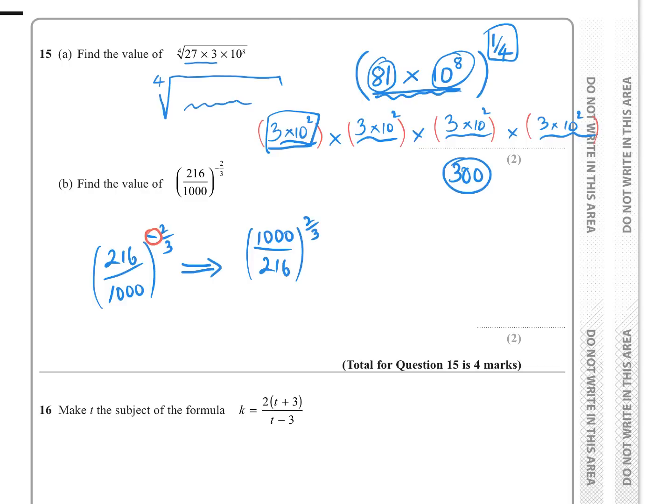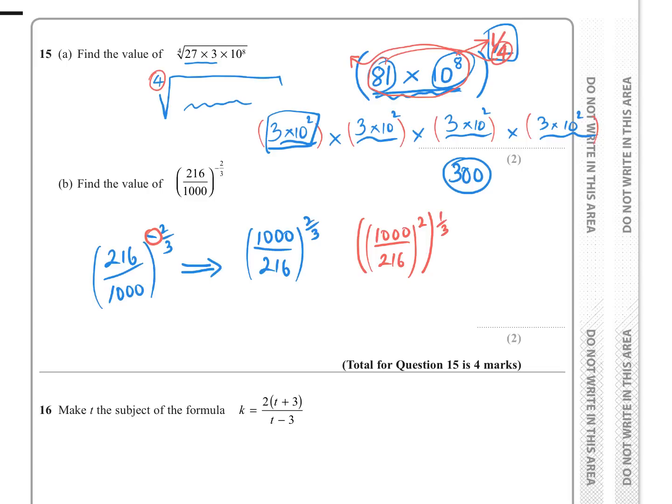And then if you think about this, in the previous question, when we had 1/4, that was like doing this number to the power 1 and then finding the 4th root. So in this case, what we could have done is do 1000 over 216 squared and then do the cube